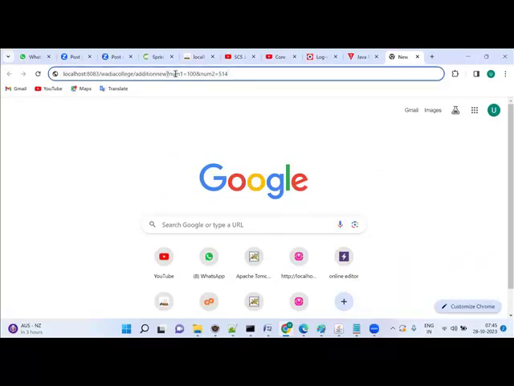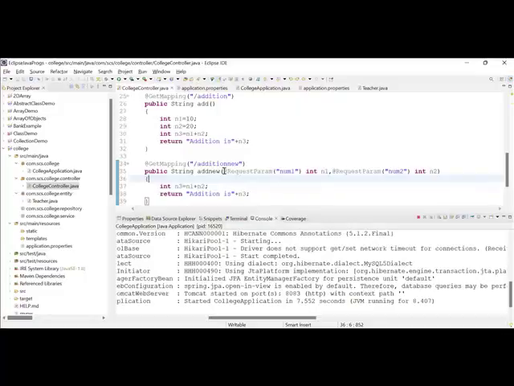How would I pass the parameters? The URL ends at the question mark, and after that are the parameters. And is the separator. So how many parameters have I passed? 2 parameters. What are they? num1, num2. And num1 and num2 I'm accepting using which annotation? Request param. So one way of passing the data from the front end to the back end is request param,